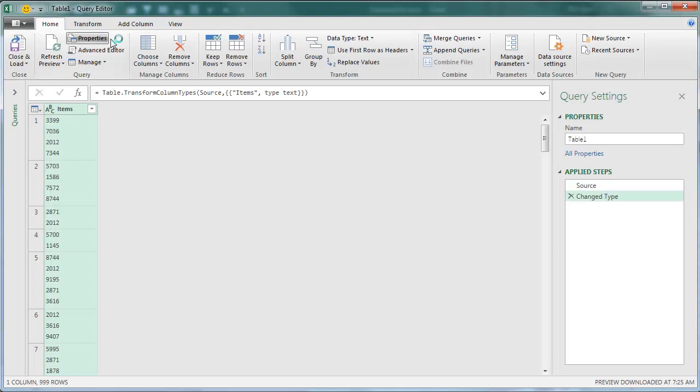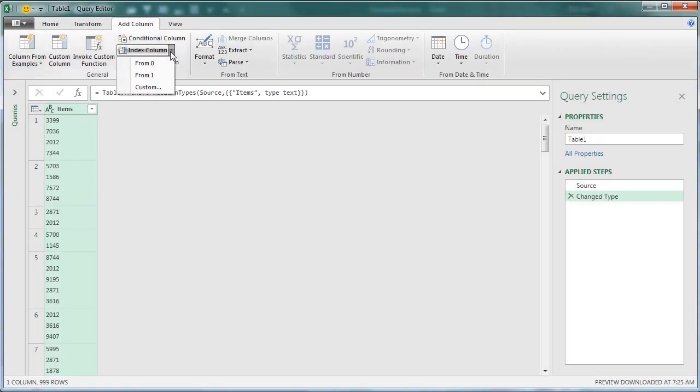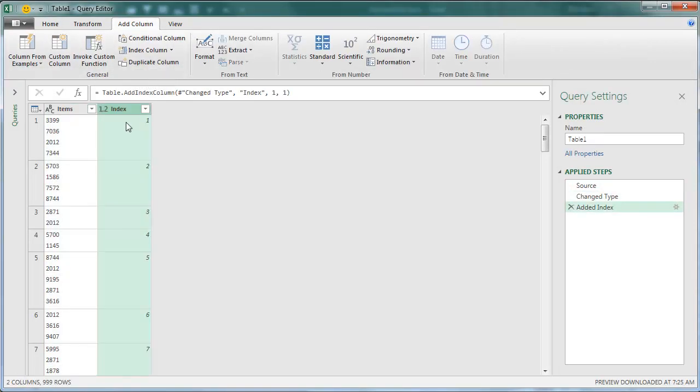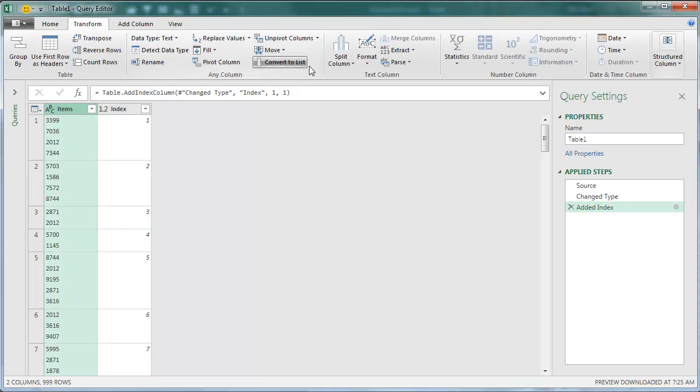All right, and the first thing I'm going to do is add an index column, and I'm going to start from the number 1. So this is essentially order 1, order 2, order 3, order 4. Then we're going to choose this column, and on the Transform tab, we're going to split column by a delimiter,